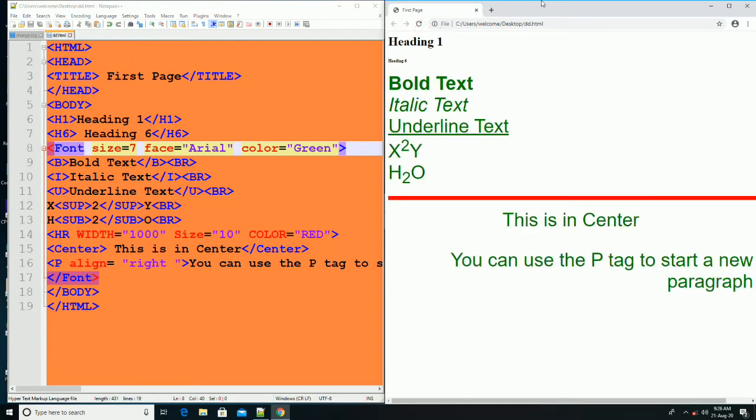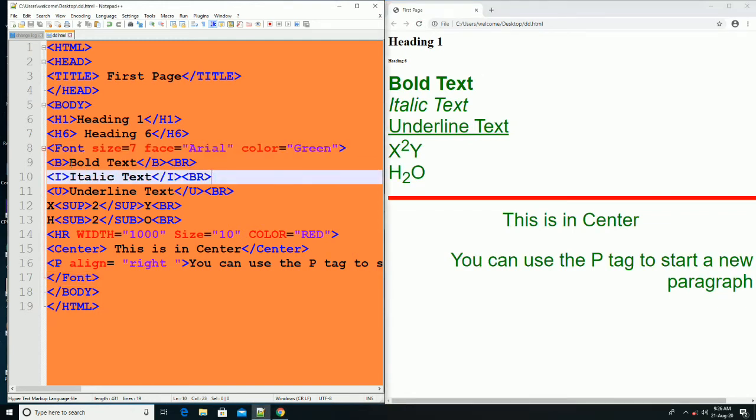So here you can see after the font tag, all the things between the font opening and font closing are in size 7, face Arial, and color green.